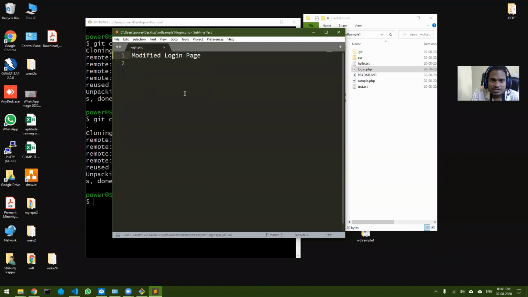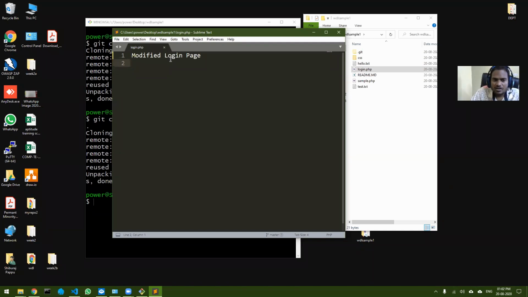Now some of you may be thinking, "Sir, what are you doing? You're just writing text." I'm just writing an example. This is not how you actually resolve an issue. You have to actually code. I am not writing the code right now because that is not what this course is about. This course is about using Git and not how coding is done, right? So I'm just showing you that I have done some coding and I have modified and fixed the problem.